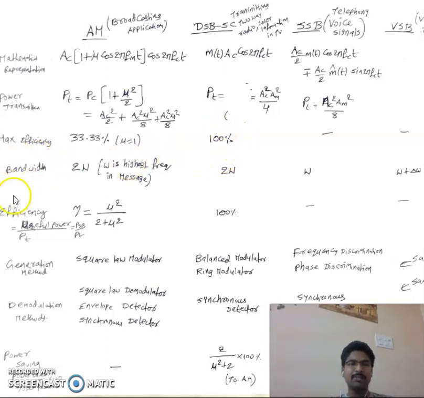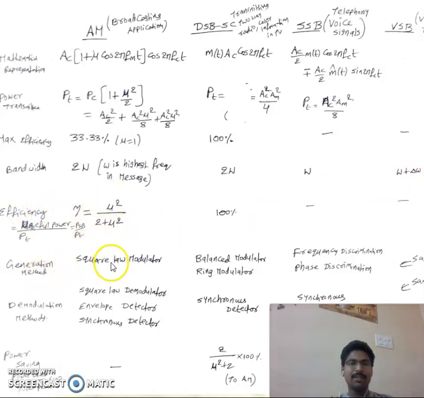And we already saw that bandwidth is equal to twice the highest frequency present in the message signal for the AM case. Similarly for the DSBSC case. To overcome this disadvantage, in SSBSC modulation we transmit either LSB or USB, so the bandwidth is reduced to half, that is W only. In VSBSC, along with W, some very low value is required to transmit the VSBSC signal. And this is the efficiency formula. You already know this one.